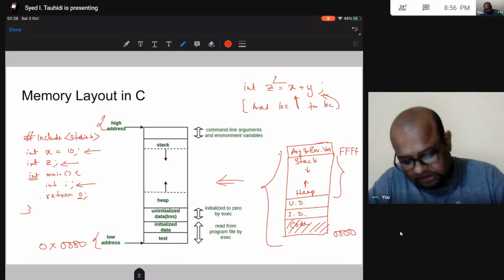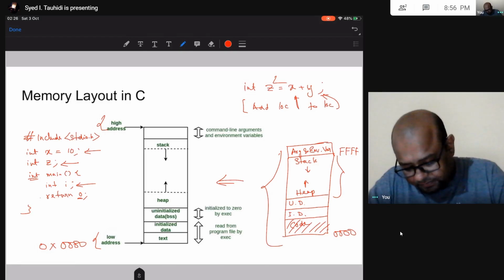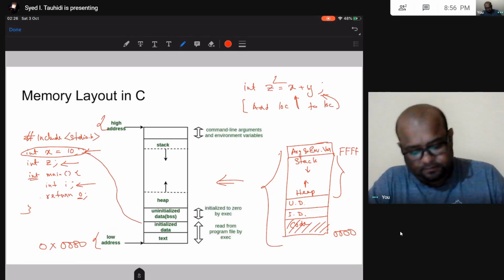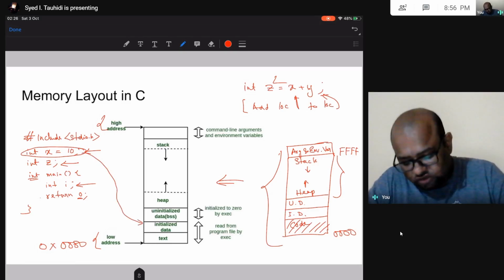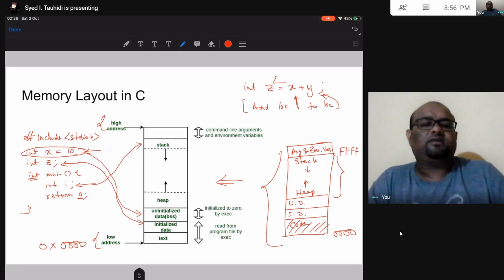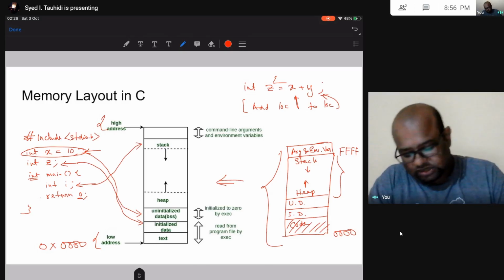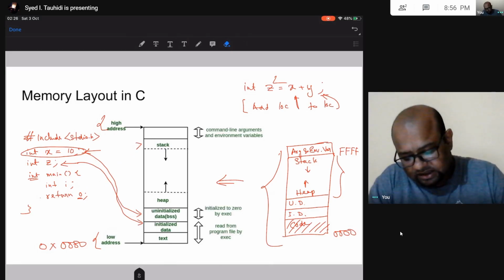Now this is going to go into this part of the memory, this is going to go into this part of the memory, and this is going to go into the stack. That is something we are going to see. Forget this going to the stack, we are going to discuss that very soon.